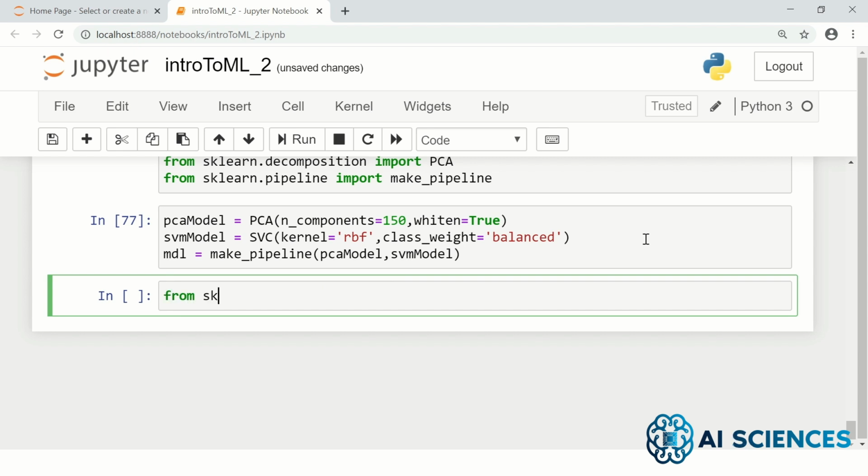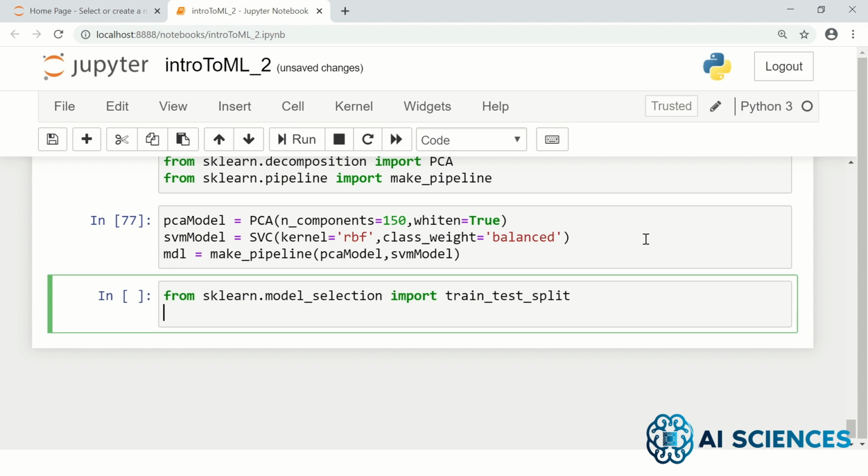So from sklearn.model_selection import train_test_split. Yeah, import that. And then what you do is xtrain, xtest. This should be xval basically, but let me write that xtest, ytrain, ytest equals to train_test_split, and